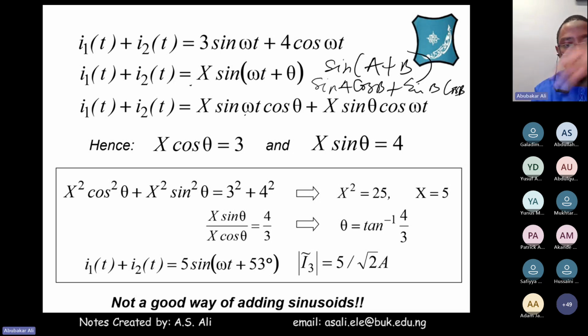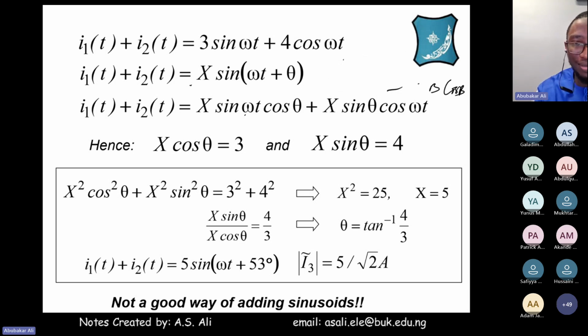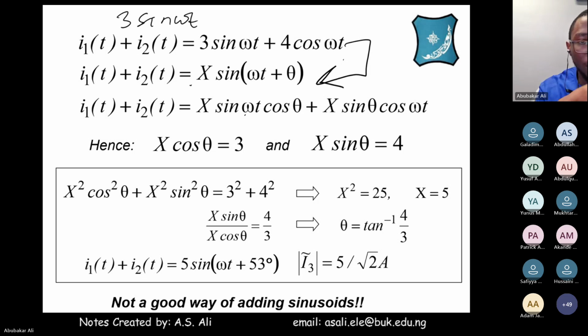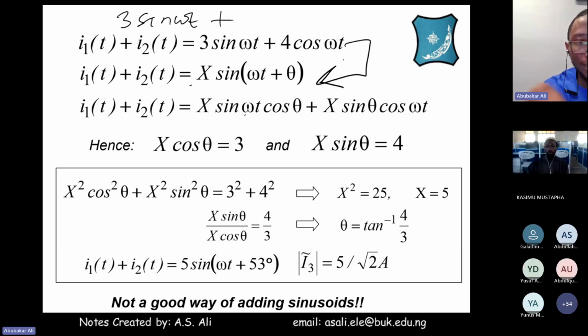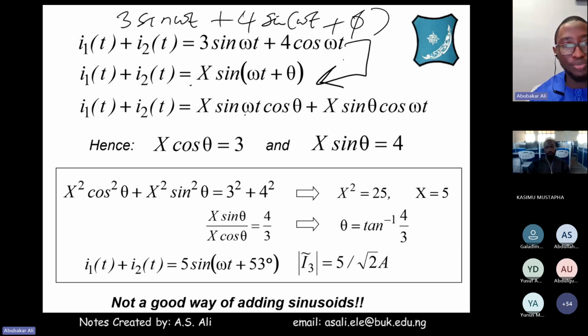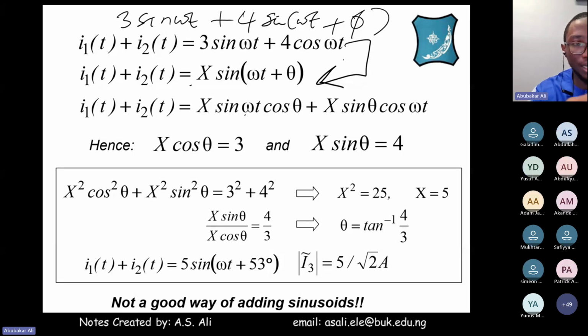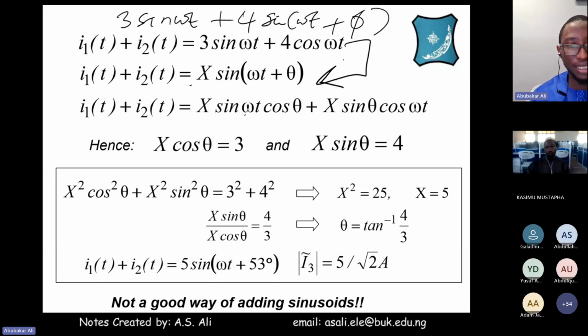So maybe the question is, how did we go from here to here, right? So from here to here, how did we go from it? Well, it's simple, right? 3 sine omega t, 4 cos omega t. Cos omega t can be what? Sine omega t plus theta, for example. Can assume it to be like that. Same thing here, you can see, let's say sine omega t plus also another angle theta. They are all in the same. However,